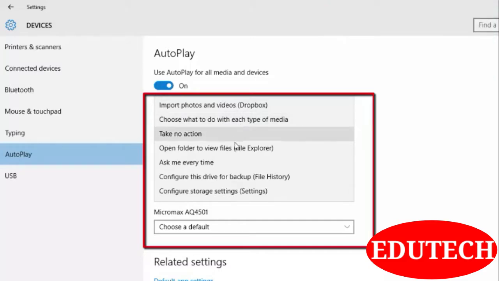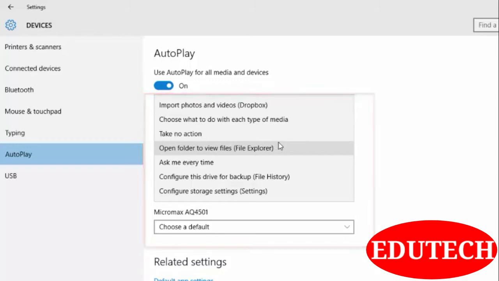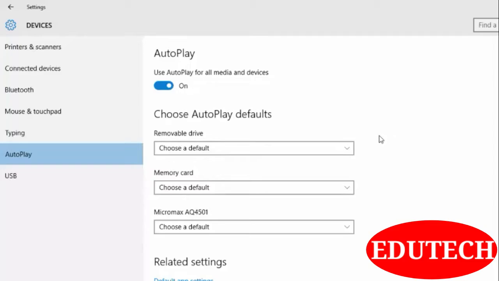Take no action, open folder to view files, which means opening File Explorer of that particular removable drive, or ask every time. It will ask you every time when you connect a removable drive, and you can choose what action to take. Likewise for memory cards and other devices that are connected to your PC. So this is about the autoplay option.